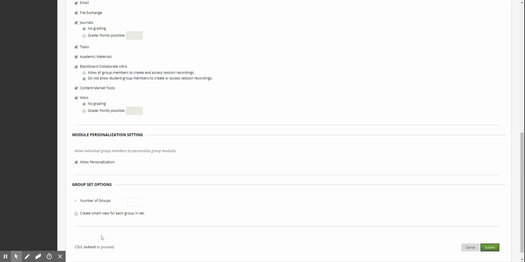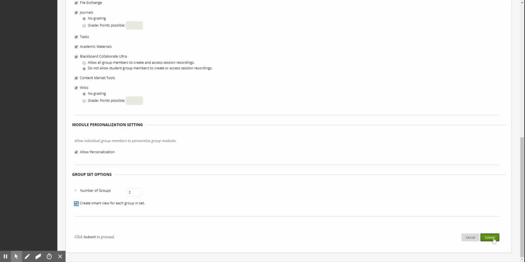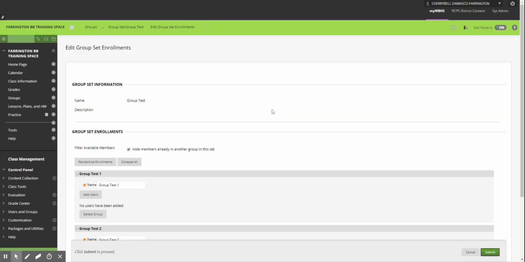Now, the important part here is the group set option. So if you have 2 sections of the same course, you're going to enter 2. If you have 3 sections of the same course, you're going to enter 3. So for our purposes today, I'm going to go ahead and create 2 groups for my course, and I'm going to make sure that I click the box that says create smart views for each group in set. Once I've done that, I'm going to go ahead and click the submit button,